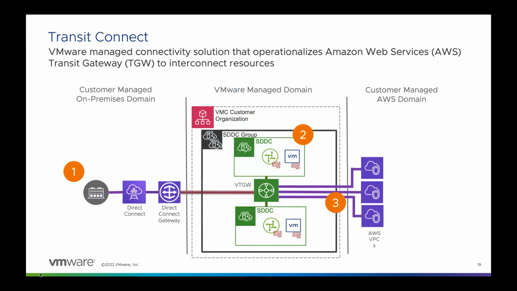So Transit Connect is a service that VMware came out with shortly after having VMware Cloud on AWS, because of the issue of how we are going to connect multiple environments to this SDDC. How are we going to have multiple SDDCs connect to each other that could be in different regions, or that are spun up because one SDDC has X amount of resources? So if the customer gets to that maximum, they have to spin up another one. So Transit Connect